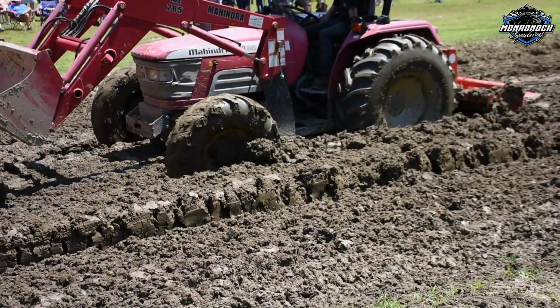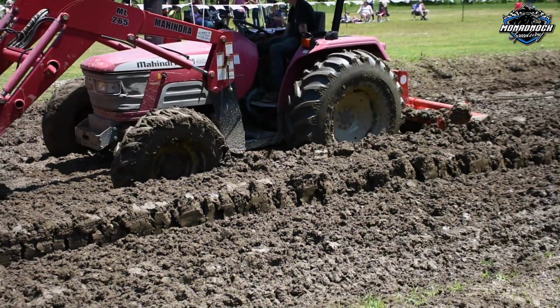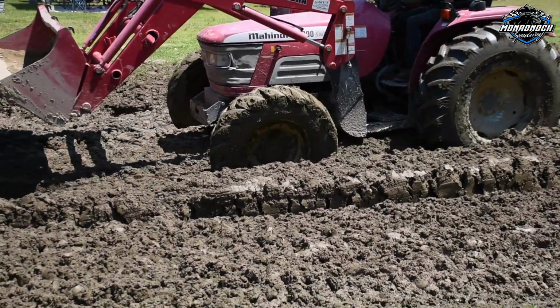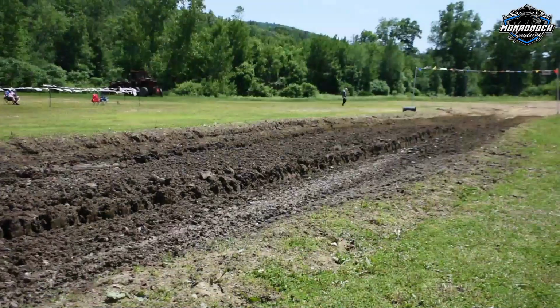This is much deeper than we're used to going through. It don't bother me one bit. We go right across the top pretty much, and hopefully you'll see that later. The smaller trucks are having a harder time out here. The rut's getting kind of deep. They're getting belly hung up, but...